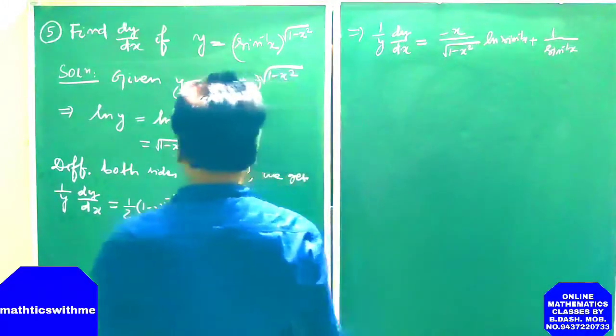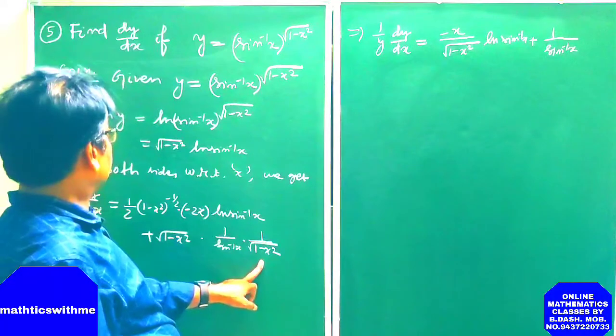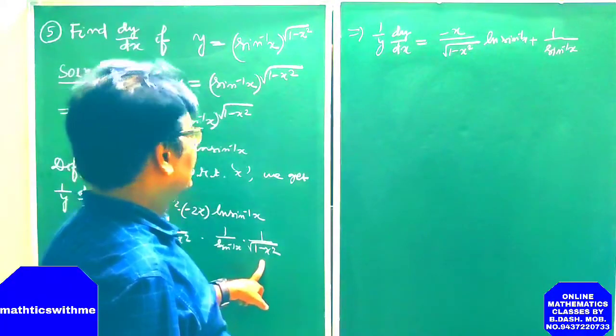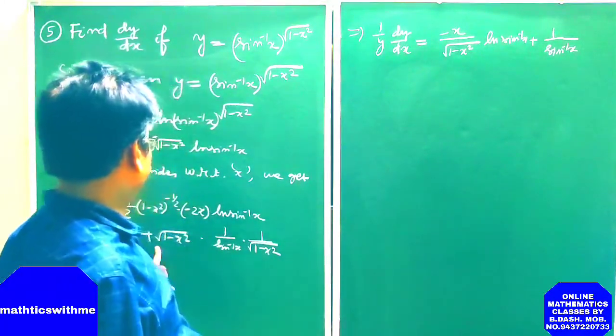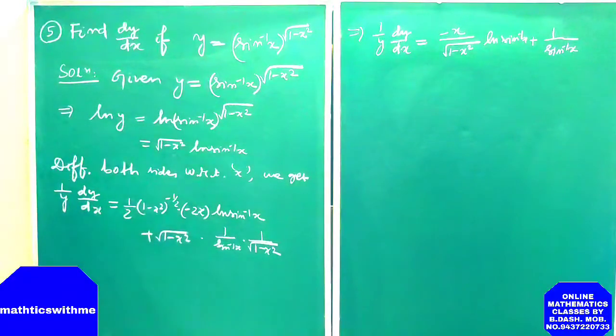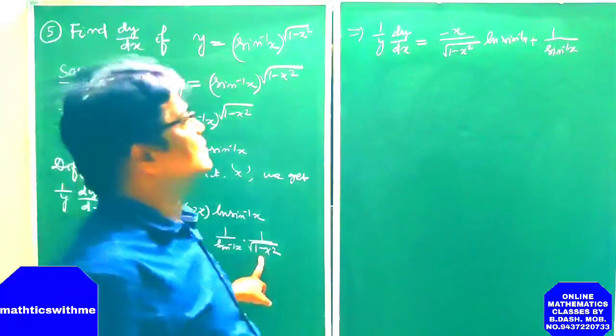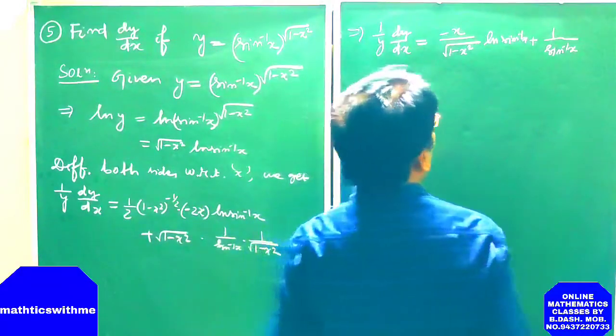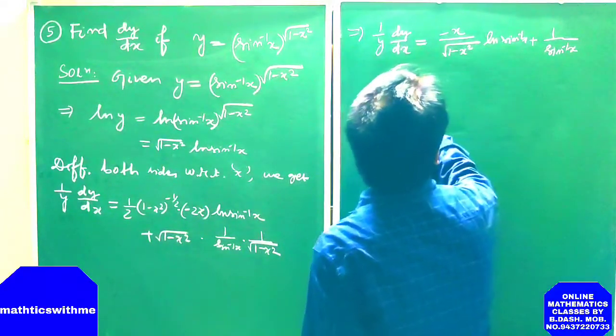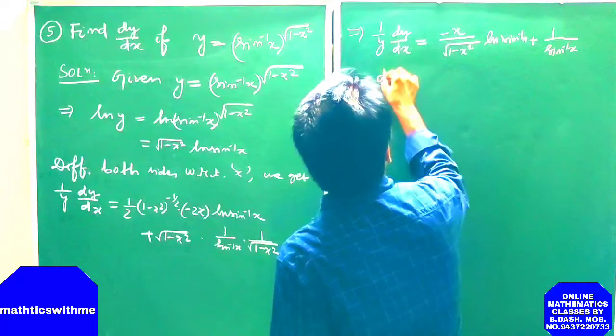Because root over 1 minus x square and 1 by root over 1 minus x square will cancel each other. So then dy by dx